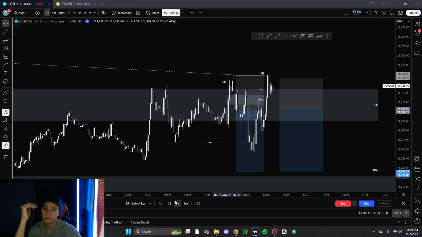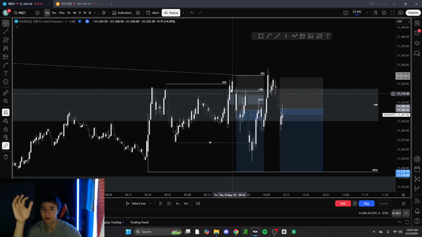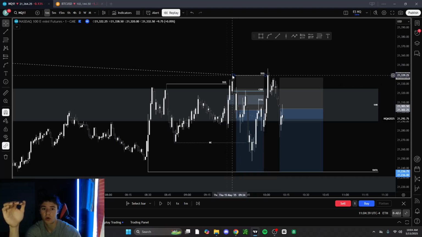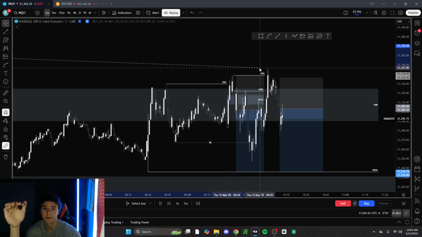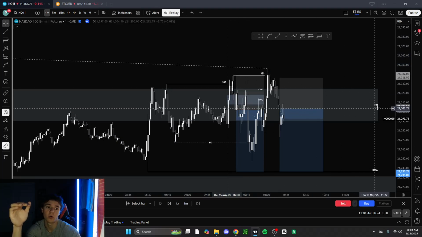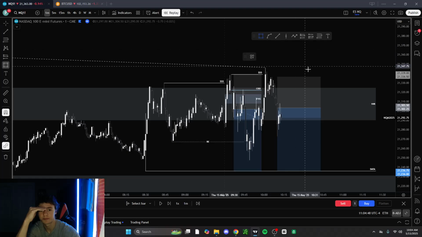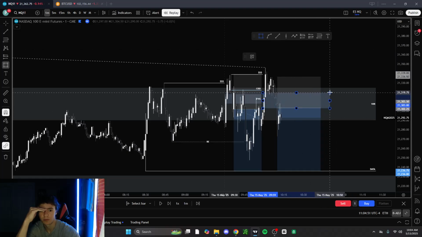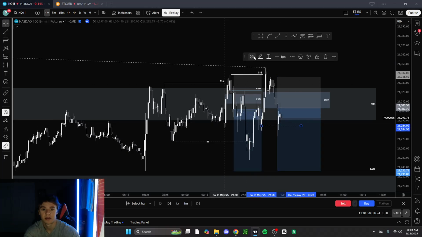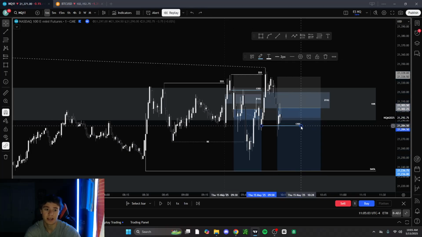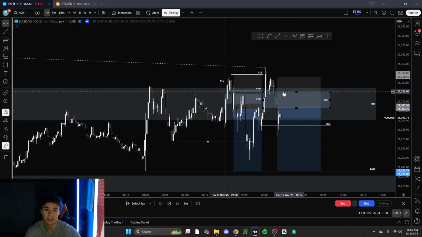So we then come back up and resweep liquidity. We resweep liquidity here, and we're still holding this higher time frame bearish SMT. We're also still holding this 1 hour fair value gap, and then we get this displacement right here, inverse fair value gap. Now the change in the state didn't happen. I entered early, which I shouldn't have done. But ES got the change in the state with the exact same entry.